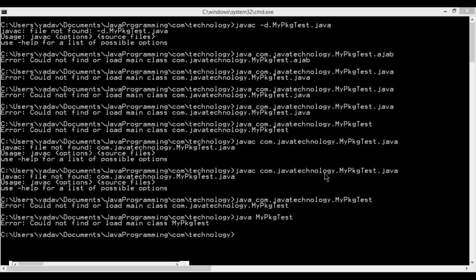I think tomorrow, once the package is completed, we will see the interfaces information. After that, we will move to exception handling, multi-threading, and collections. I think within 2 weeks we are going to close it. 2 weeks, I think it is going to take 10 to 15 days maximum. So we can complete the